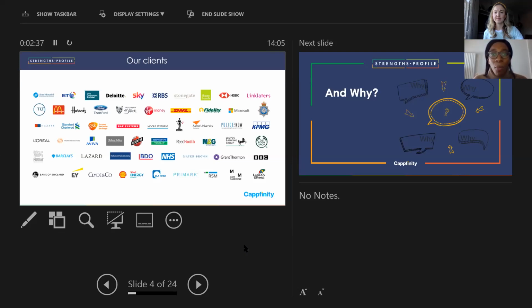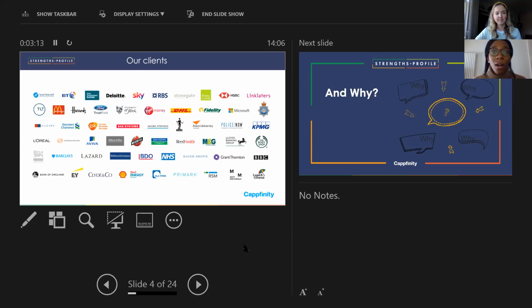So taking a look back at your strengths profile and knowing what your strengths are at the moment is a great way to really put yourself ahead of the game for a lot of these recruitment processes. And on that point, anybody who does have a strengths profile, if you can have it to hand, it will really help bring the strengths to life. And for those of you who haven't completed your strengths profile, no problem. There is a link, I'm told, that will be circulated to you following today's webinar, which you can click on and complete your profile. And that link doesn't expire, so you do still have time to do that.